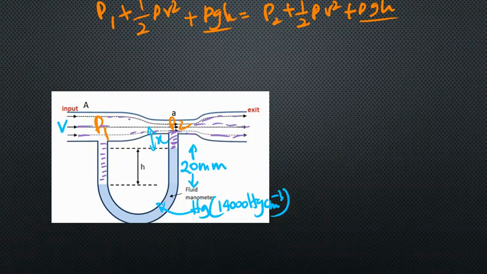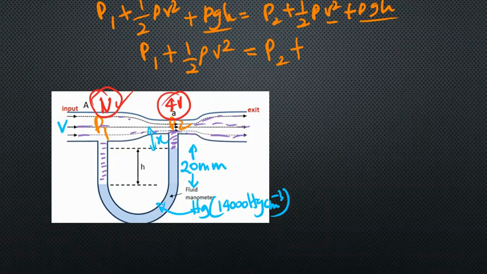So I can write P1 plus half rho V squared equals P2 plus half rho times the velocity there. Now we have to know that the velocity here I can take as v, so the velocity there is 4v, right? So then again I'll put half rho